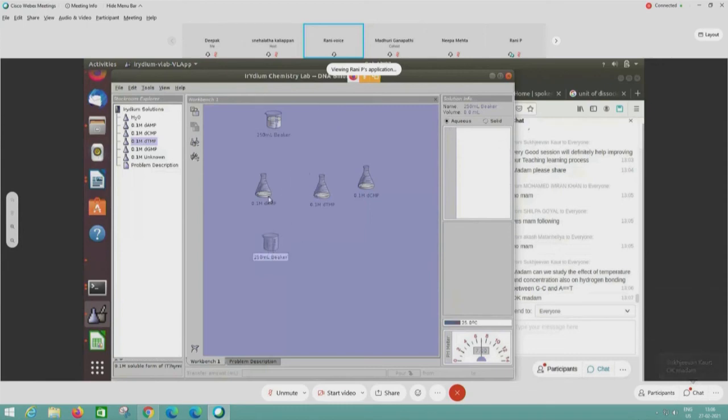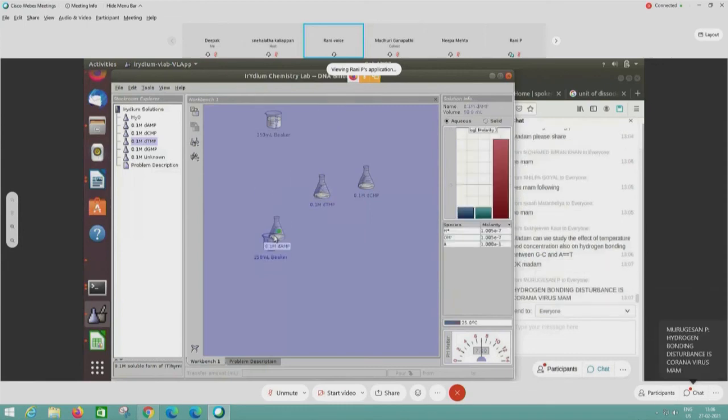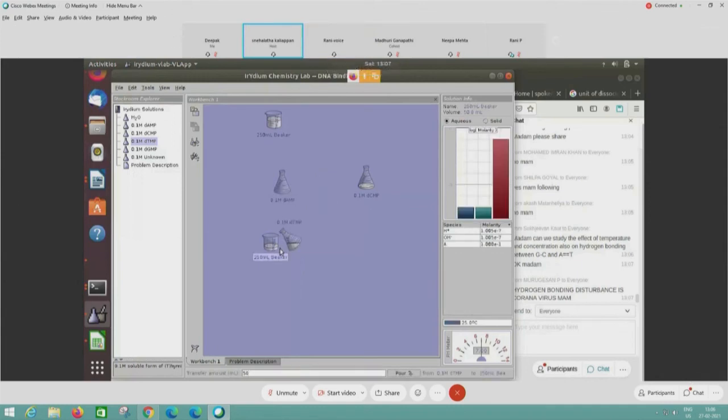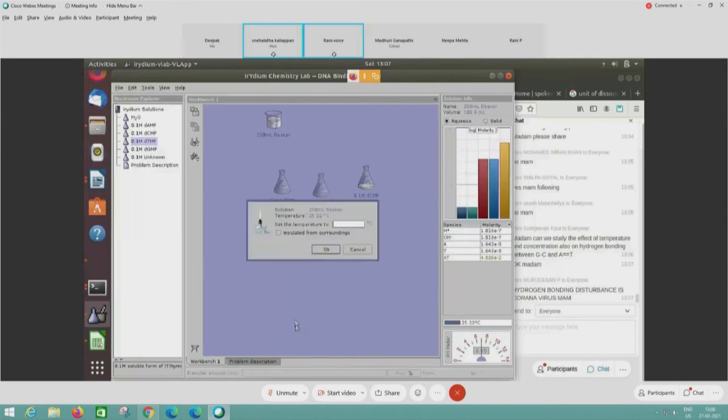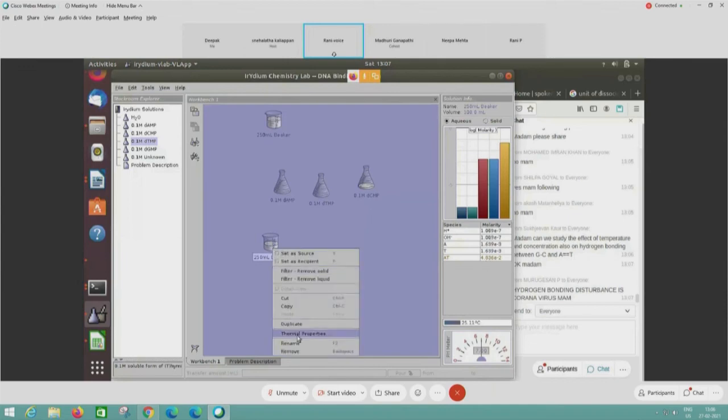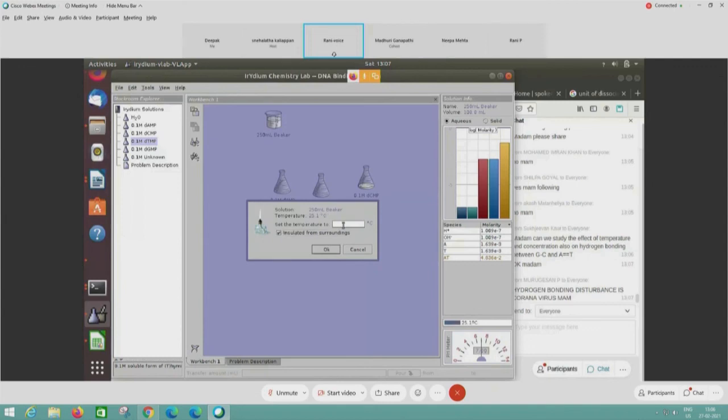We can find this by experiment as to what will happen to the solution. Right? Yes, actually, Murugesan, the possibilities are endless. You can yourself explore and then see what all will happen. Now you can do so many experiments yourself and then you can find out. So note down the values. The value is here 4.83, and now let's increase the temperature to say 50 degrees, and it has changed, it has reduced.